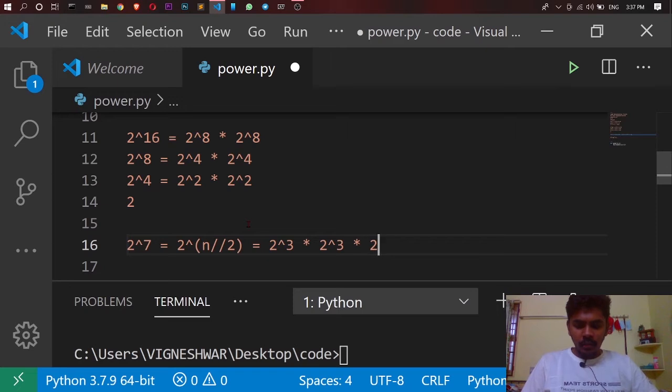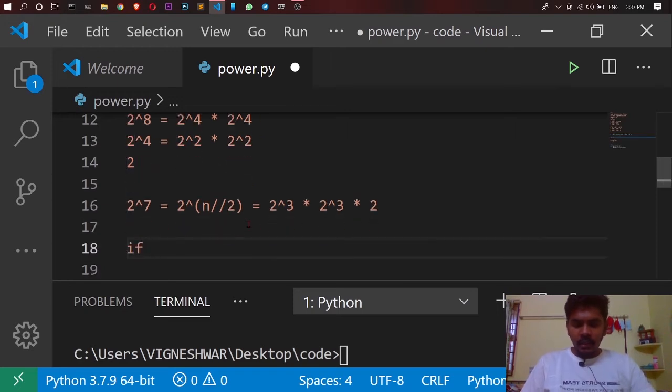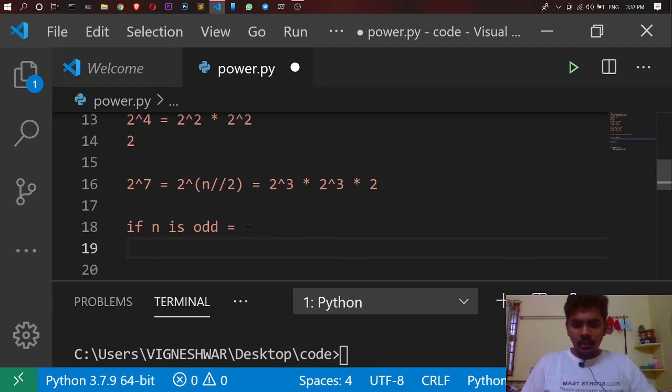In a more general form, if n is odd, what we should do is multiply a power n by 2 into a power n by 2 into a.